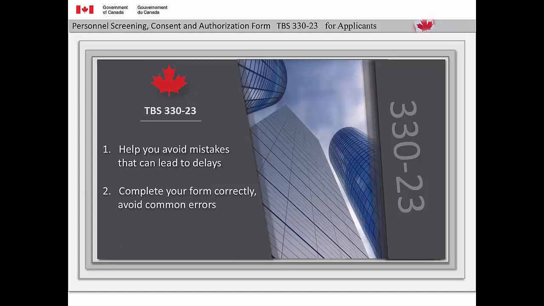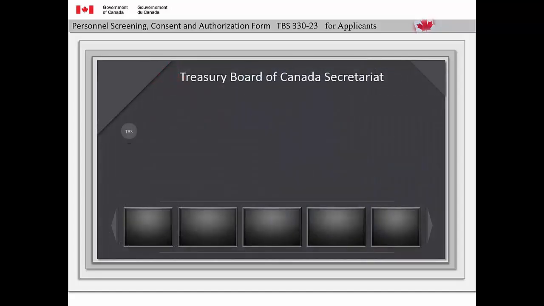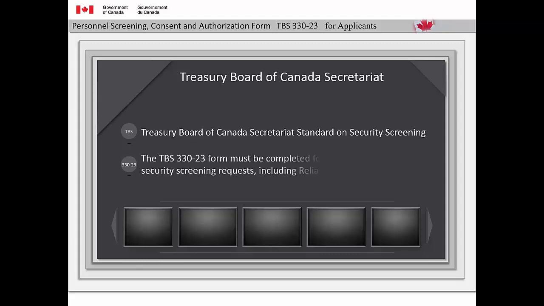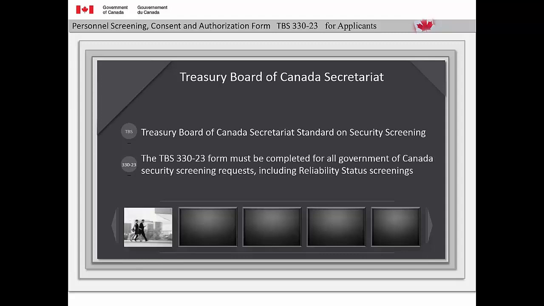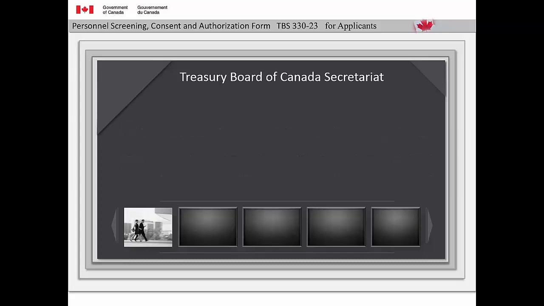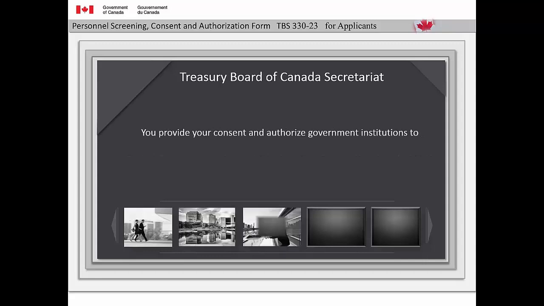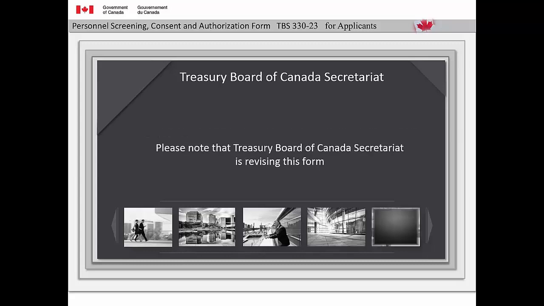screening requests processed faster. In accordance with the Treasury Board of Canada Secretariat Standard on Security Screening, the TBS 33023 form must be completed for all Government of Canada security screening requests, including reliability status screenings. By completing this form, you provide your consent and authorize government institutions to collect critical information needed to do background checks. Treasury Board of Canada Secretariat is revising this form, and when the new form is available for use, we